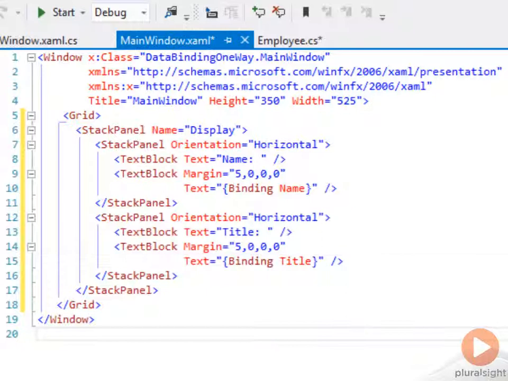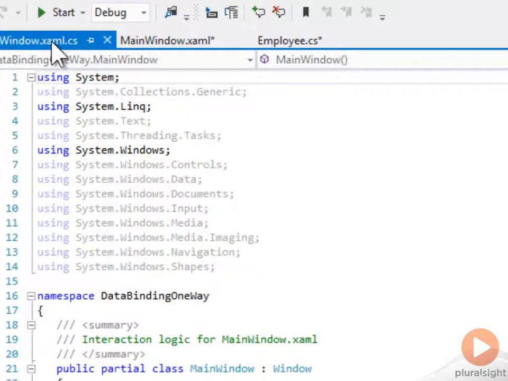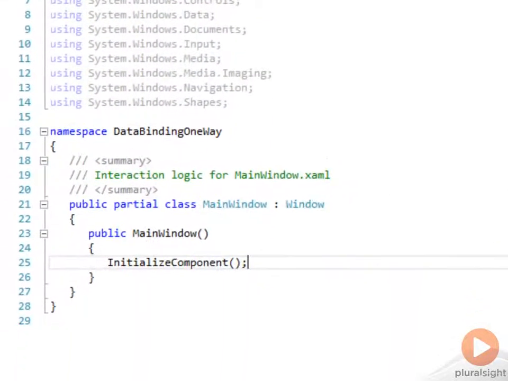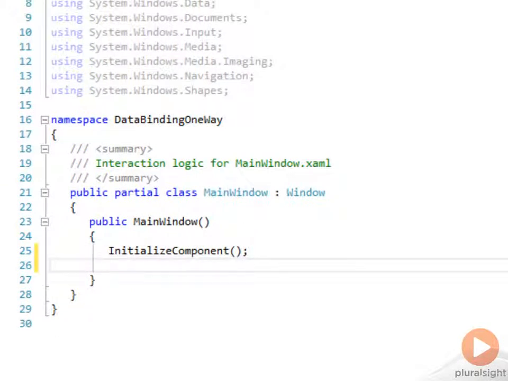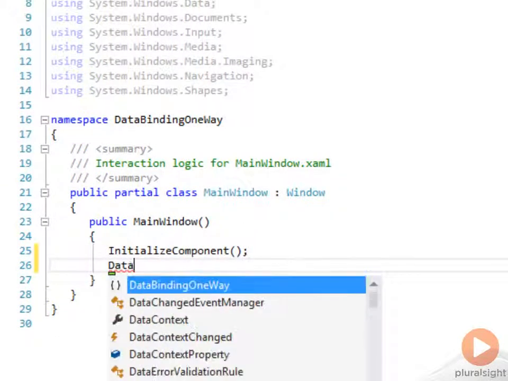title. Notice that we are binding to a property, name or title, but we have not designated what object that property belongs to. To do so, we need to set the data context. There are a number of ways of setting the data context. One very easy way is to turn to the code behind, and in the constructor, after we initialize the component, we can say data context